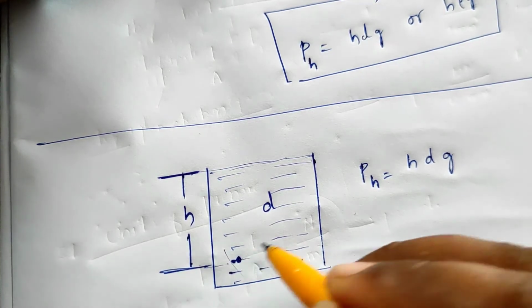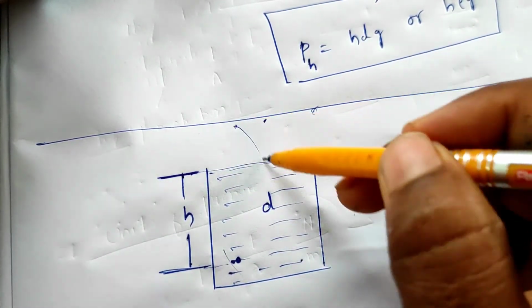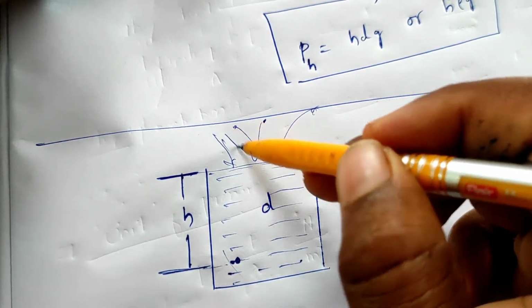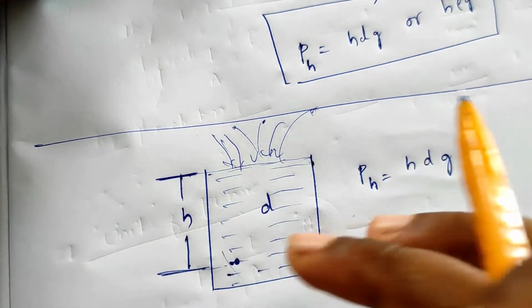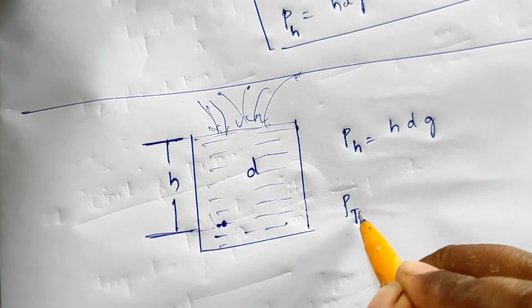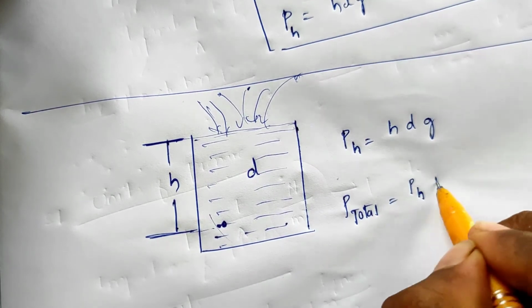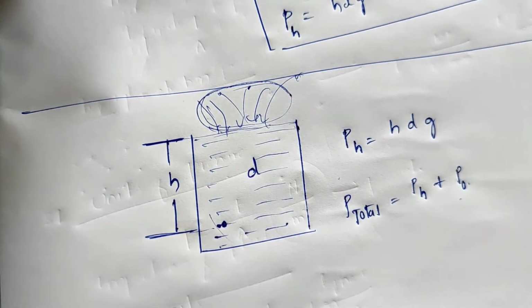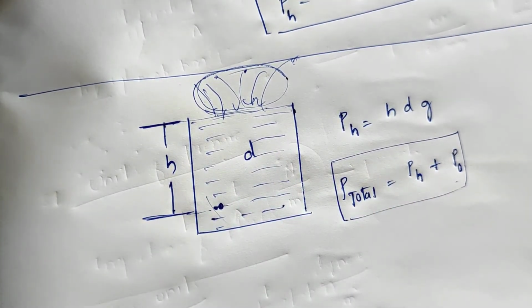Then what is the total pressure? Because the atmosphere is also there, atmospheric air molecules continuously bang the surface. So atmospheric pressure must also be added. So this is the normal hydrostatic pressure. But if you ask what is the total pressure acting at this point, P total is the hydrostatic pressure plus the atmospheric pressure. So here we have an atmospheric pressure. This is the total pressure acting at this point. You can discuss it like that.